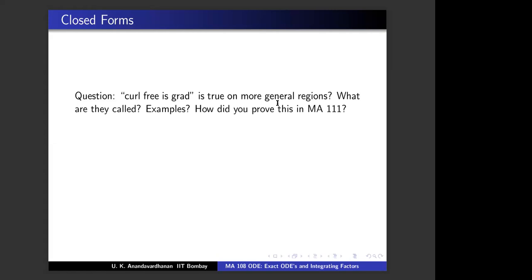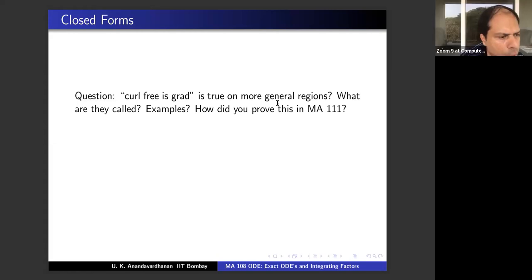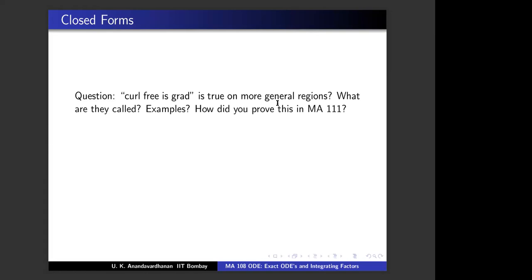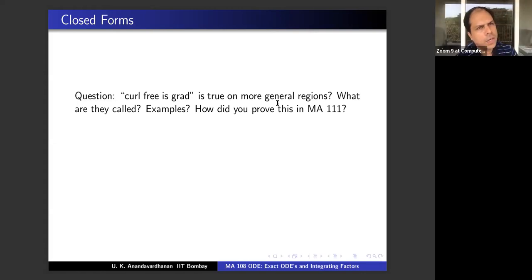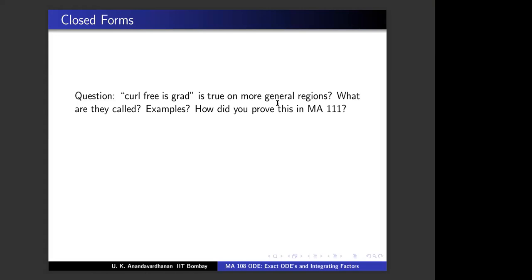Sir, actually in MA 111 we had a pretty rigorous definition. Which was what? They said that if we take any curve, so if we take a circle in R2, a closed disk, so the boundary is mapped to the curve in a sense, then we can extend the function to the entire interior region. Okay. Like to a continuous function. Like I don't remember the exact.